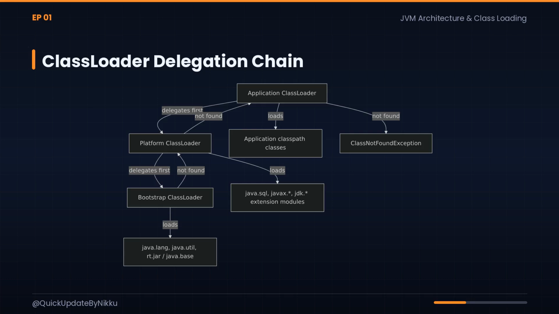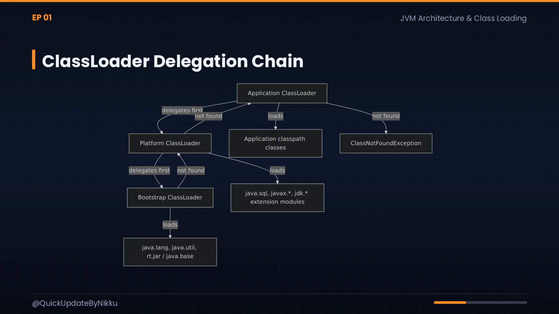The delegation model is the single most important rule to internalize about class loaders. When a class loader receives a load request, it does not attempt to load the class itself first, it passes the request up to its parent. Only if the parent chain returns empty-handed does the child attempt to load the class from its own source. This design prevents application code from shadowing core JDK classes, which would be a serious security vulnerability. Custom class loaders in frameworks like Tomcat deliberately break this delegation in a controlled way to achieve class isolation between